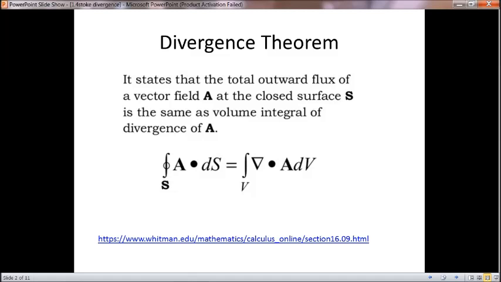The vector field present over the surface is equal to the quantified value of a vector, that is, divergence of A over a volume, because divergence of A, that is del dot A, is quantifying a particular value over space. Quantifying means we are getting a scalar value from the vector component. So getting a scalar value from a vector component means it should be in the resultant direction. Resultant direction means it is a resultant of the other two directions.